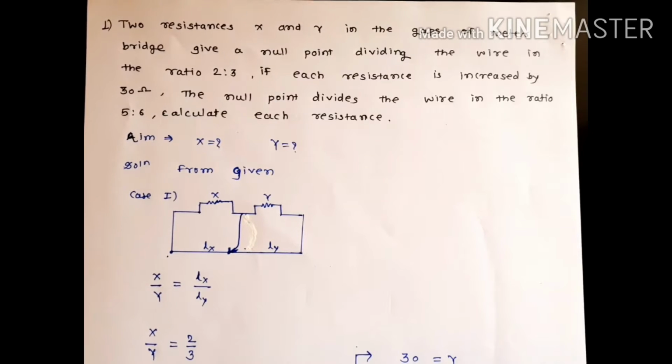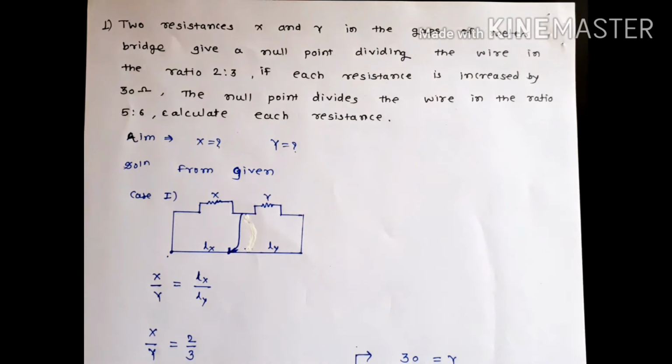We have studied the theory of meter bridge as well as its uses. The main use of meter bridge is to determine the unknown resistance, and the second use of meter bridge is to determine the resistance of a given galvanometer with the help of Kelvin's method. Today our aim is to discuss some problems which are based on the meter bridge.